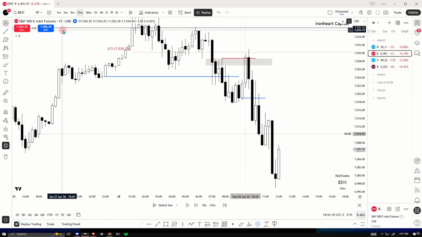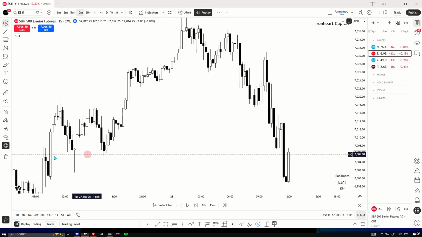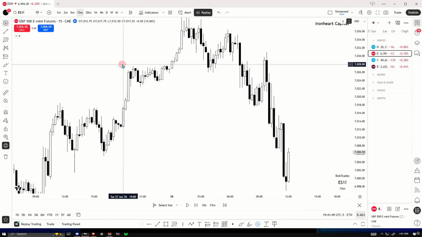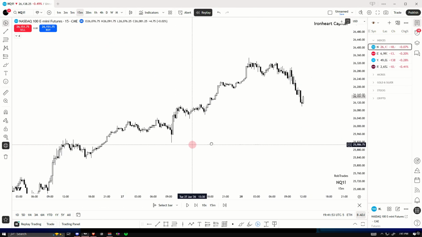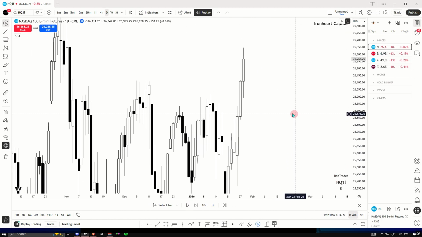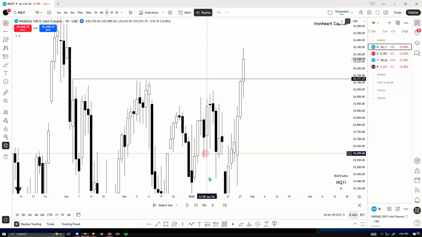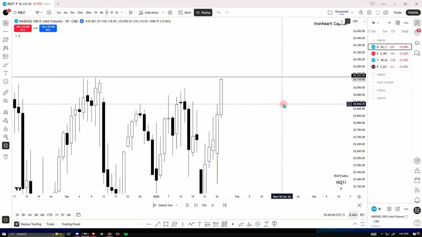I have another example, a long setup that was actually from yesterday as well. I missed this one because I was trading gold instead, but I can show you guys that, and that was on NASDAQ as well. That was absolutely beautiful, and I'll show you guys the framework from top to bottom. So here is